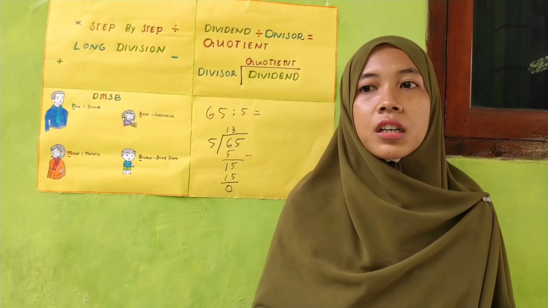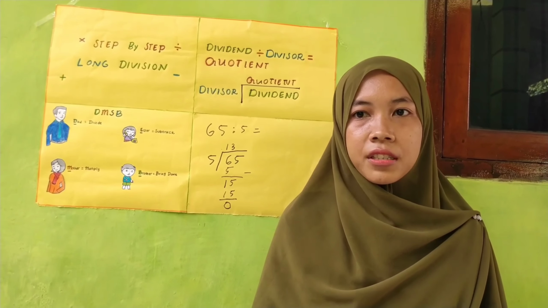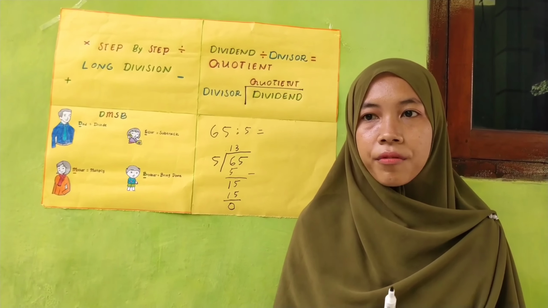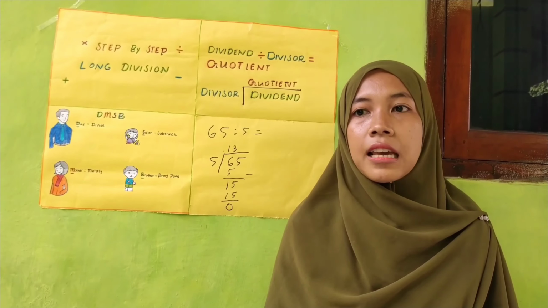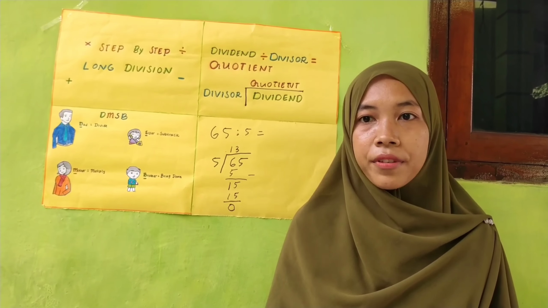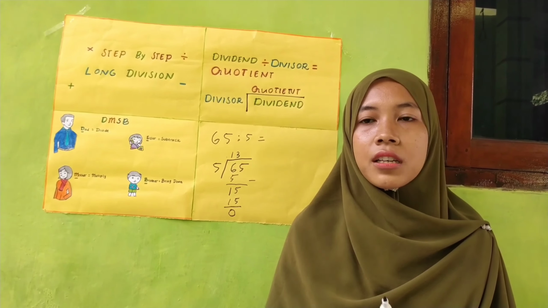Once you have the answer, do the problem in reverse using multiplication: 5 multiplied by 13 equals 65. To make sure your answer is correct,